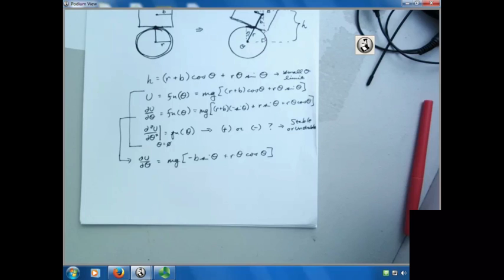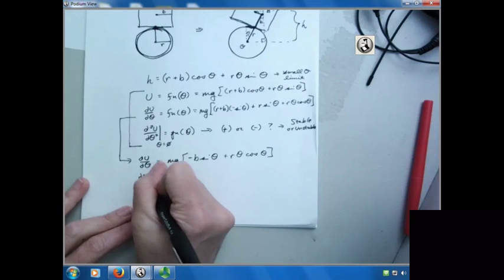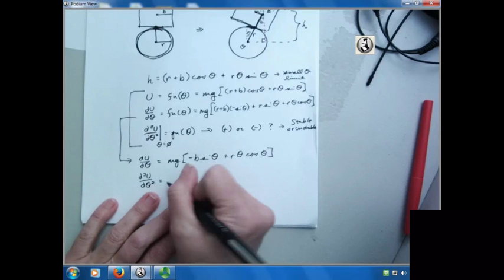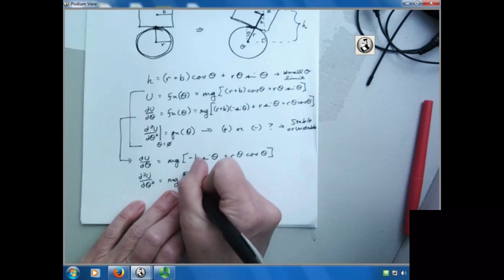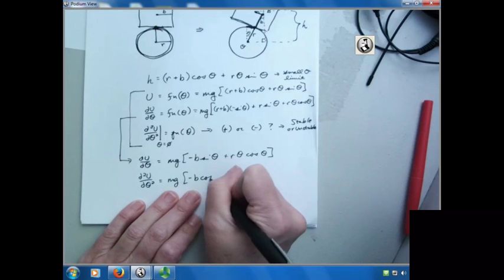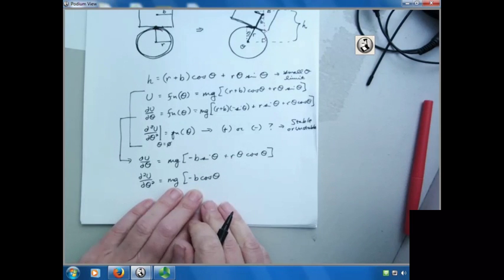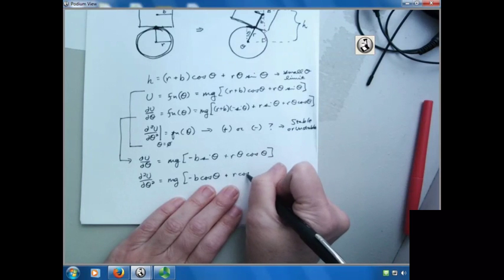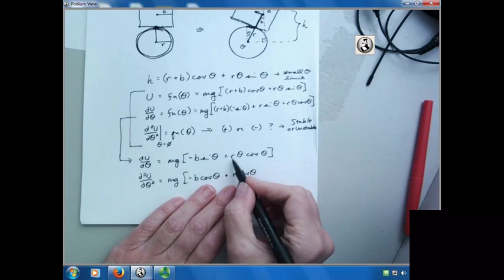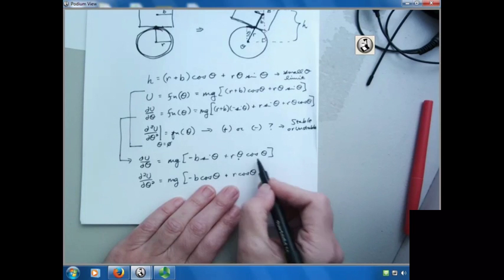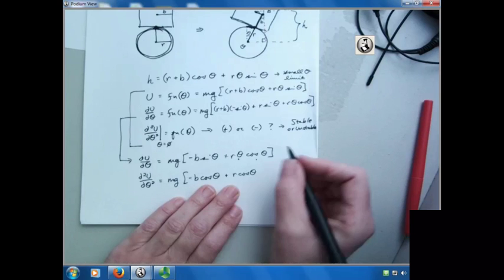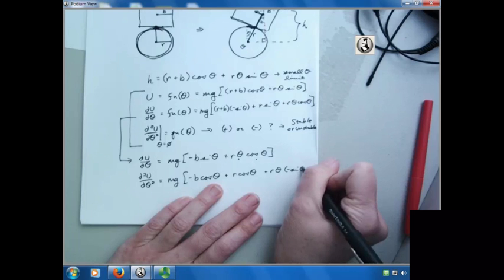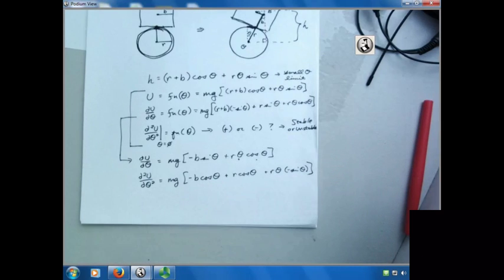Okay, now I'm ready to get my second derivative of u with respect to theta squared. So I've got mg times negative b cosine theta, taking the derivative of the first term, plus r cosine theta, taking the derivative of the second term, just multiplying by r, where I'm taking the derivative of this object times that object, doing the product rule, plus r theta negative sine theta. Are there any questions about that math there? Okay,